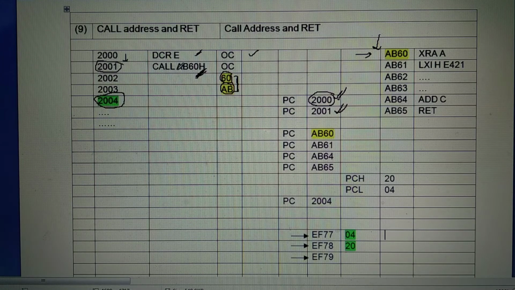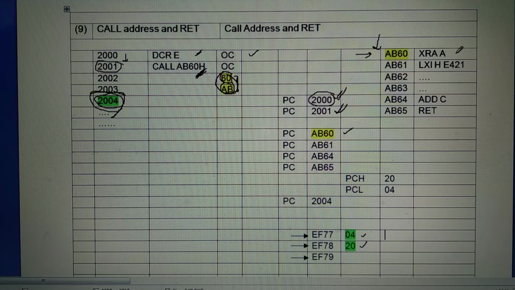When the call instruction gets executed, the address of the instruction at the next memory location, that is 2004, is pushed in the stack. The stack decrements by 1, the high order is stored, the stack decrements by 1, the low order is stored, and the call address goes to the program counter, AB60.